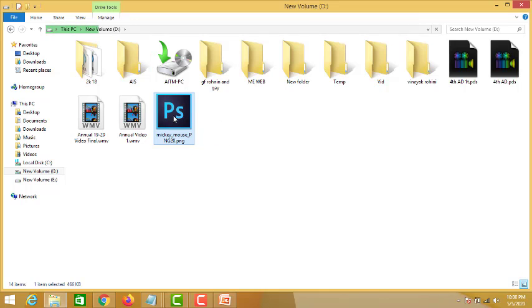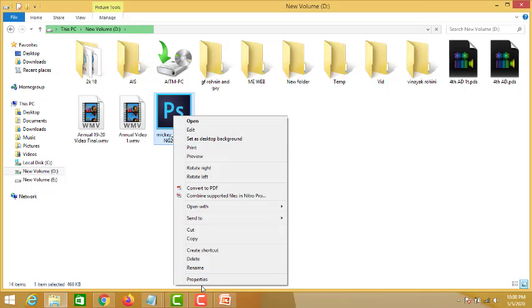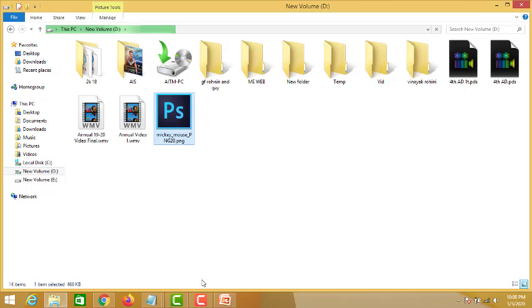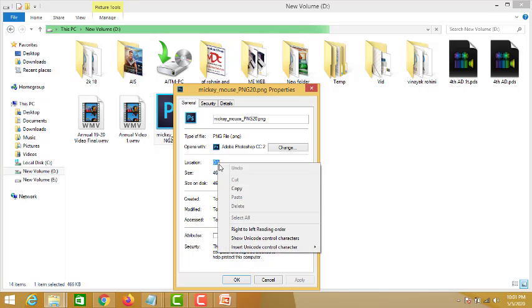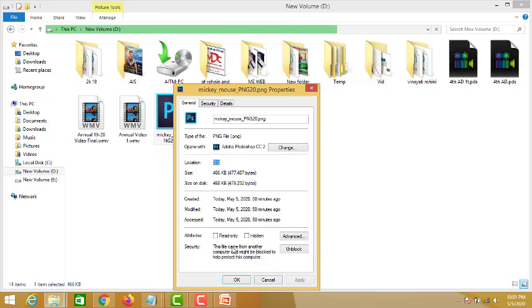So what I'll do is right click on this, go to the properties and we'll copy the location first. Only D drive it is, then Control C you can do, or else right click and copy.